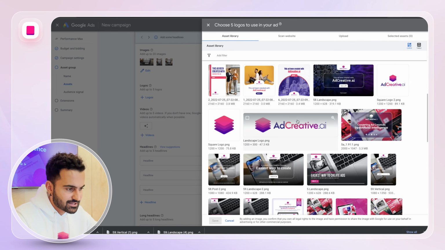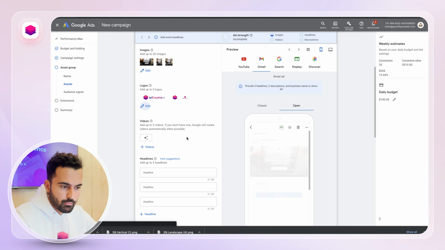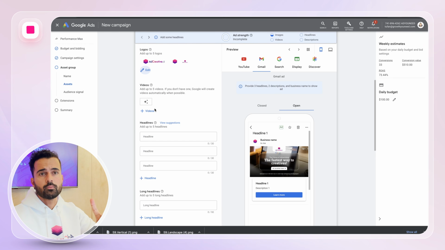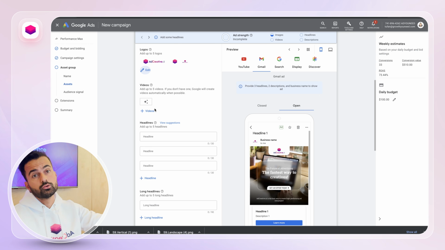Yes, as you can see, same idea. One logo there, one logo there, one logo there, save. My logos are ready. When it comes to videos, it is recommended that you let Google do their videos, but